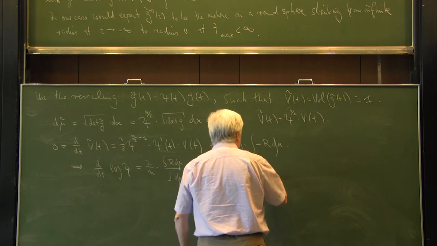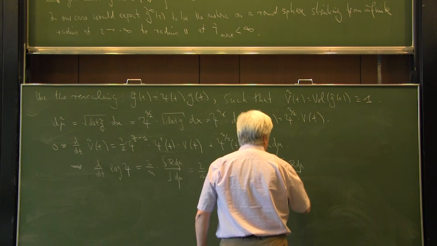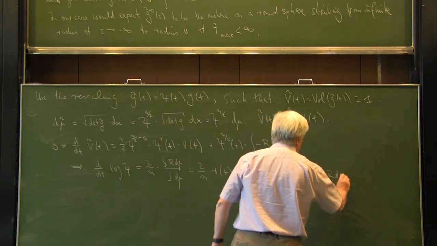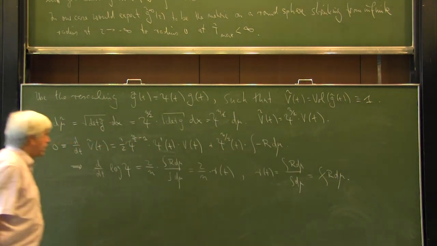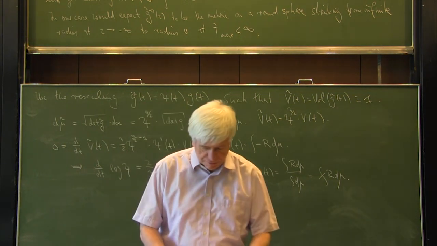So R of t is the integral over the volume, the average of the scalar curvature. So we get this evolution equation for psi,